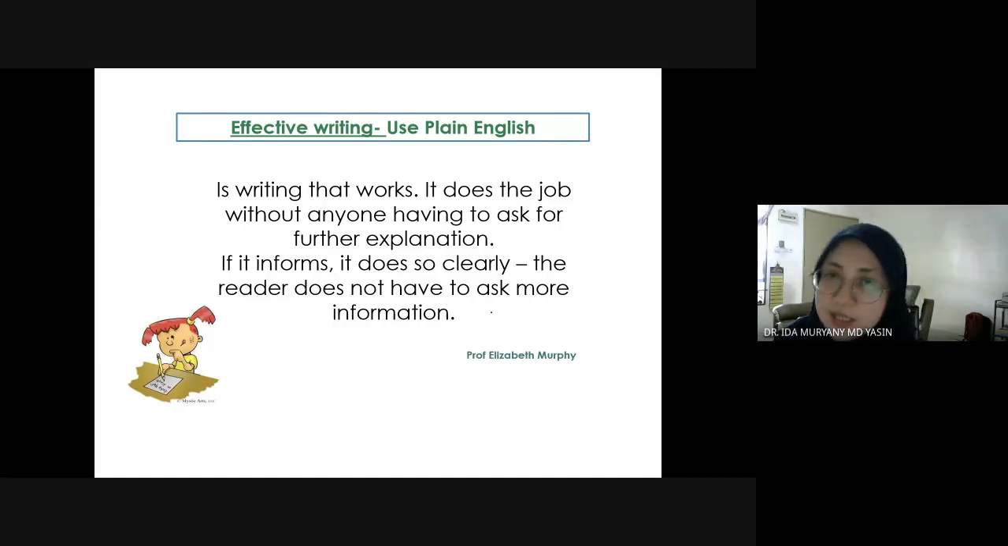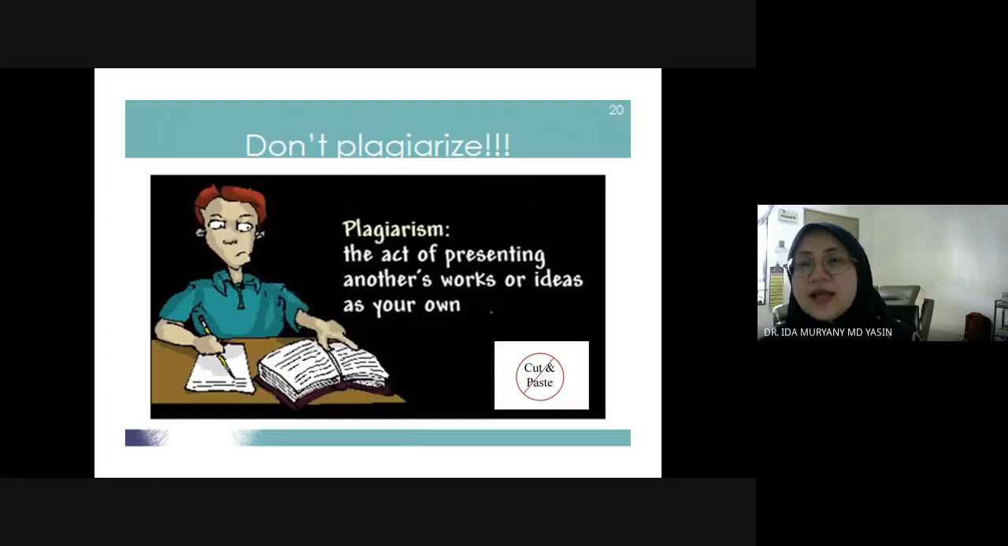Okay. So again, you can use plain English, you can use very everyday words kan. Tapi yang penting tu biar faham, biar clear. Right? And the most important thing I want to highlight is plagiarism. Okay, what is plagiarism? Again, the act of presenting another's work or ideas as your own, yang copy paste,